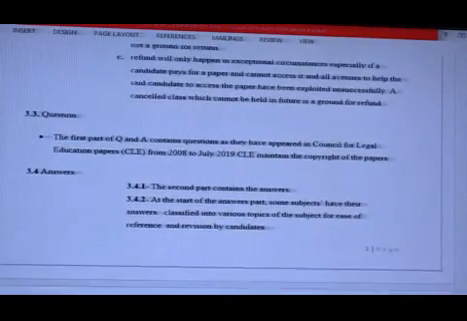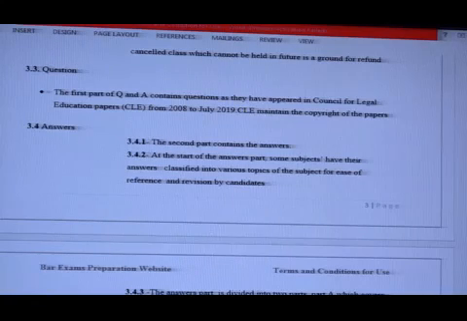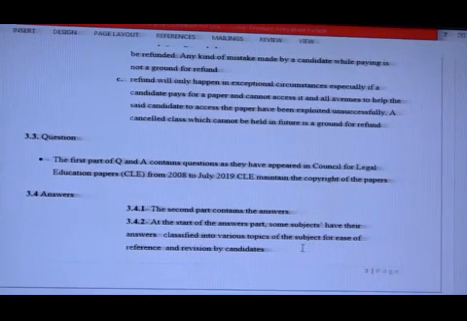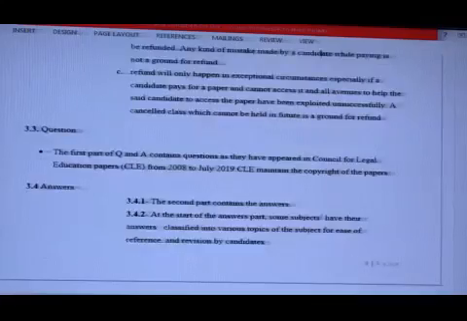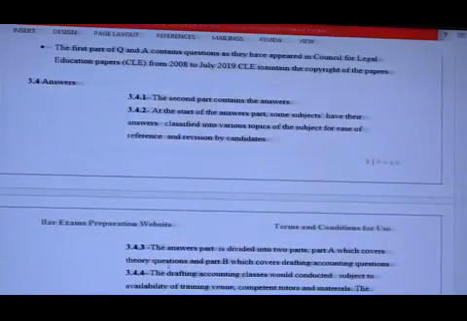So you know there are people who study through topics. So if you are studying a topic on originating summons, after reading your notes, you can go to the Q&A and look at all the questions that I have asked on originating summons. What kind of questions have come on the originating summons? There are people who study that. Okay. The answers part are divided into part A, which covers your questions, and part B, which covers drafting, which